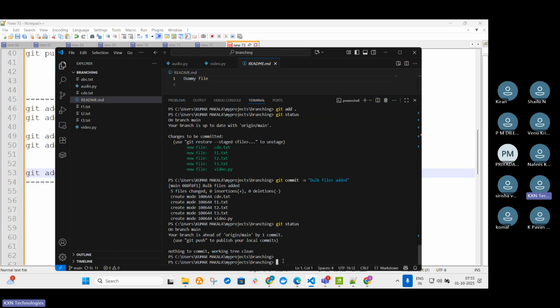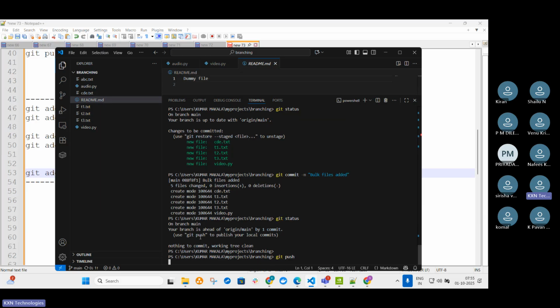So there is nothing, your branch is ahead of main by one commit. So git push. You are seeing, right? Even if you do a git status, it will clearly give what will be the next command that you should execute. Okay. If you do a git push, now every file will be